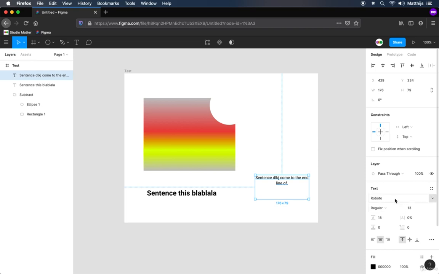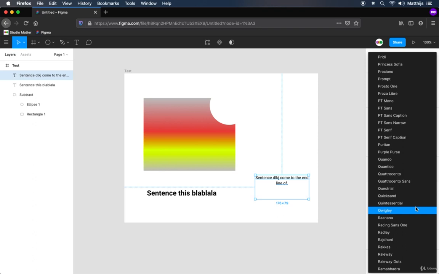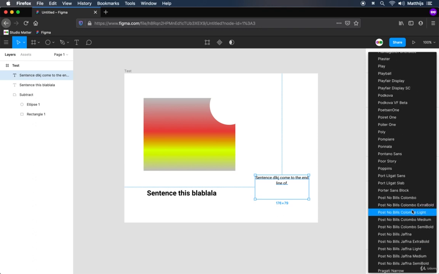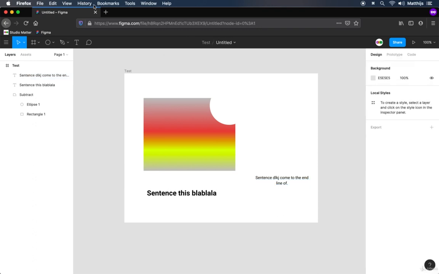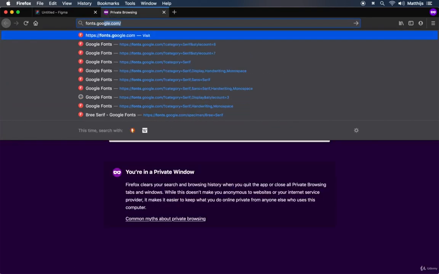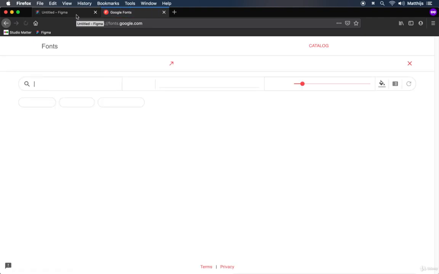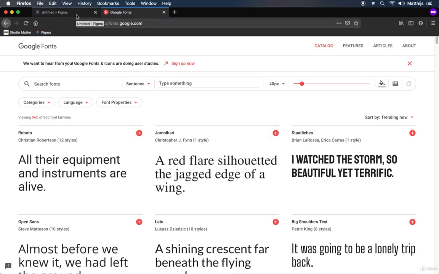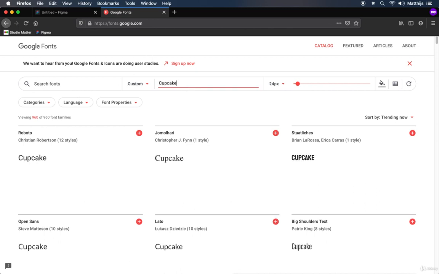More important is the amount of fonts that we have within Figma. So Figma allows us direct access to all the fonts in the Google Fonts library. So if we open fonts.google.com, we'll now find an enormous amount of fonts that are available to us and that we can use in our designs. So if we type something here, so we want a cupcake company, which might be